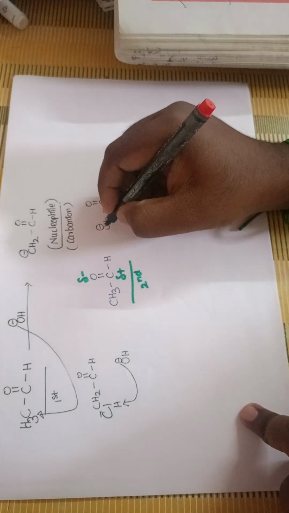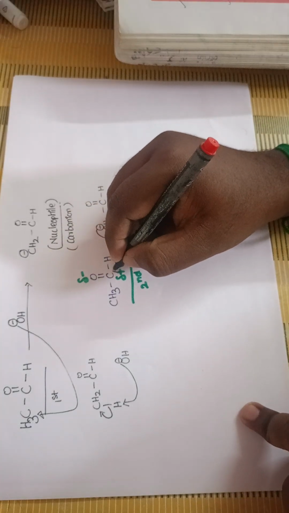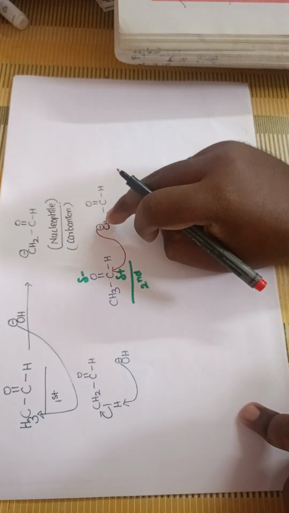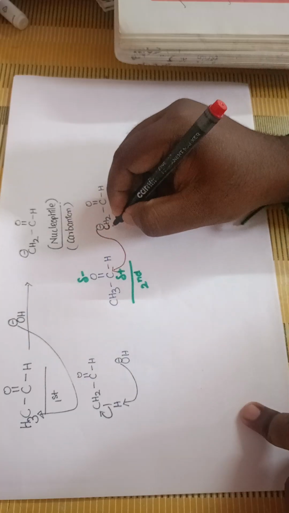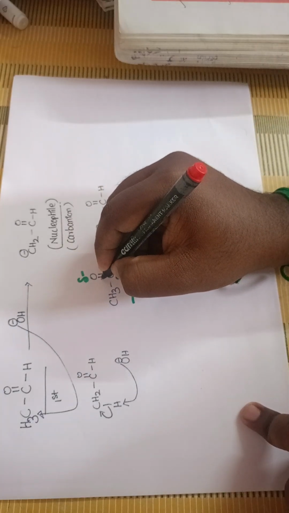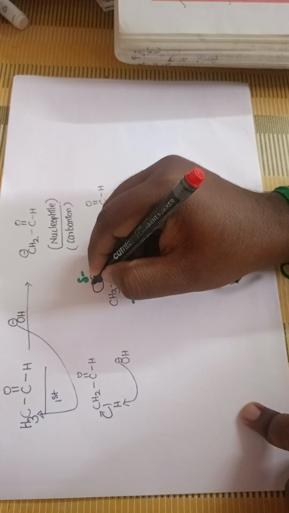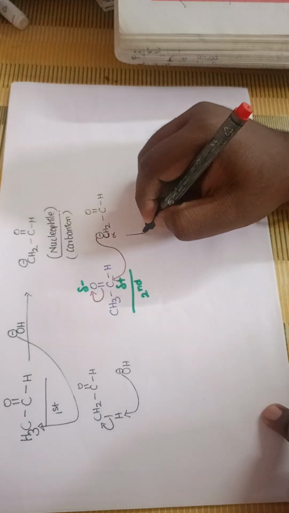So now this is electron rich center. Electron rich center will attack the electron deficient center carbon, as it is going to make a new bond with carbonyl carbon. As this alpha carbon is going to make a new bond with carbonyl carbon, the existing pi bond between carbon and oxygen will get break, move as negative charge on oxygen. So in product you will get